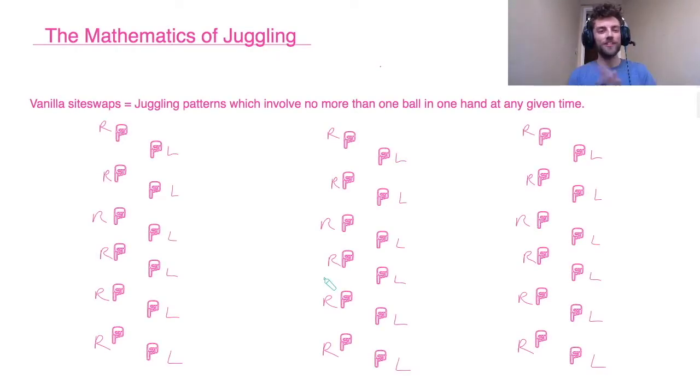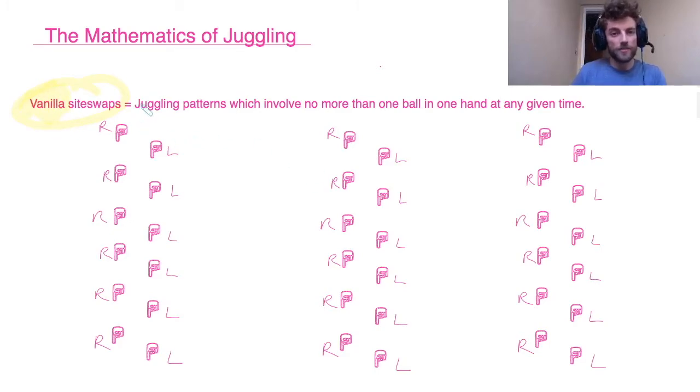Okay, so our exploration into the mathematics of juggling begins with vanilla site swaps. A site swap is simply a name given to a mathematically juggleable pattern. The reason they're called site swaps will become clear shortly. For now, we're just going to look at vanilla site swaps, which are kind of the bog standard juggling pattern,